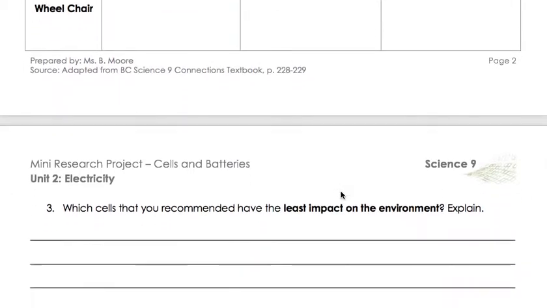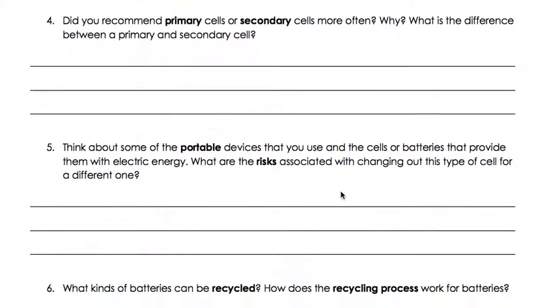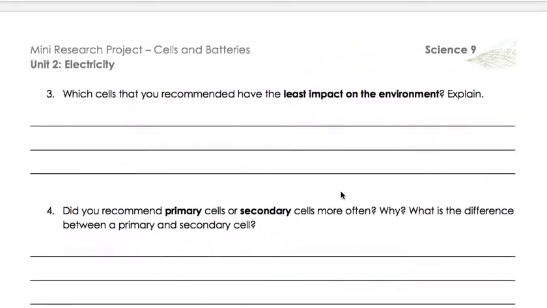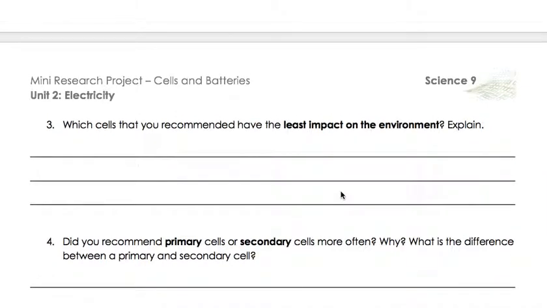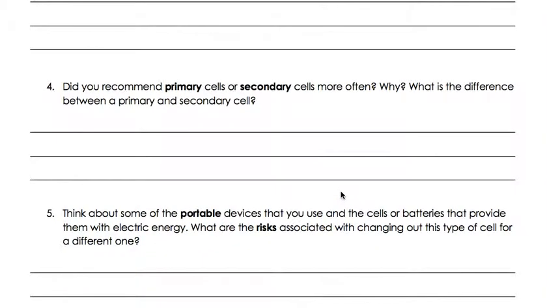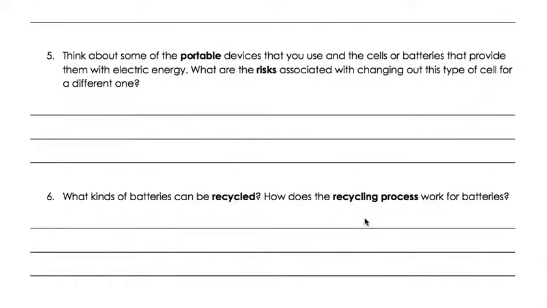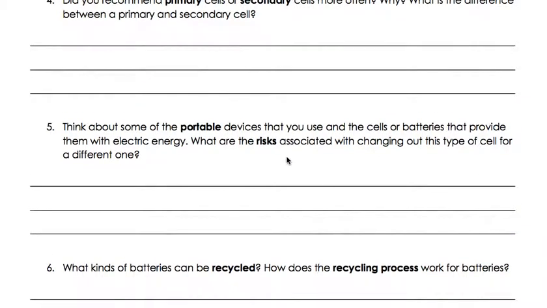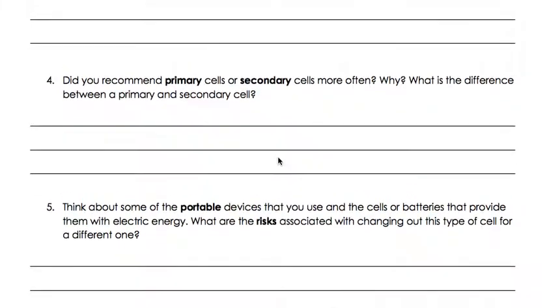Once section 2 is complete, sections 3, 4, 5, and 6 are basically just analysis questions asking you to reflect on important considerations that we need to be aware of when it comes to the manufacture and use of different batteries, such as how do they impact the environment, as well as how can we recycle them and what might that process involve. We're also thinking about risks that might be associated with this type of cell depending on the